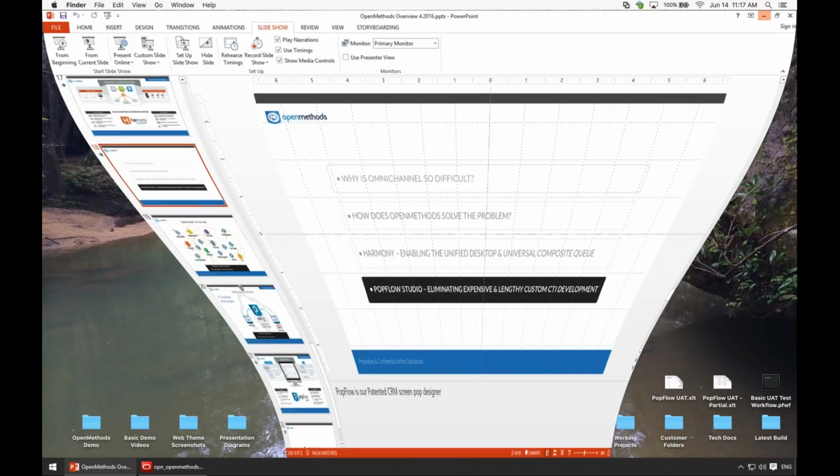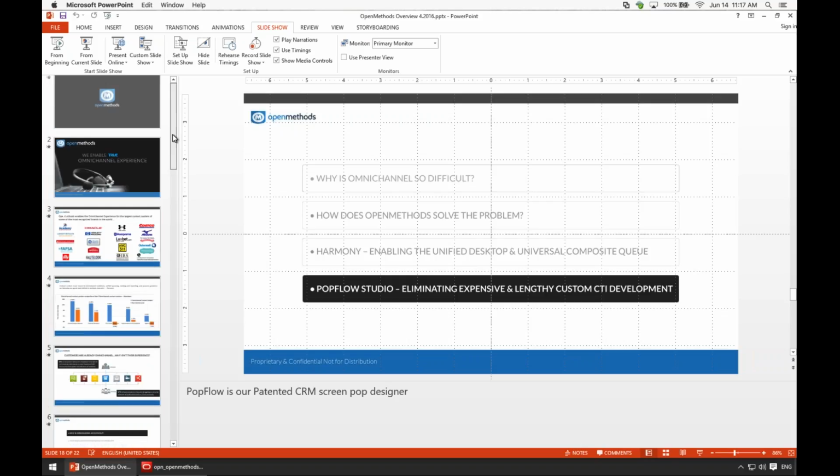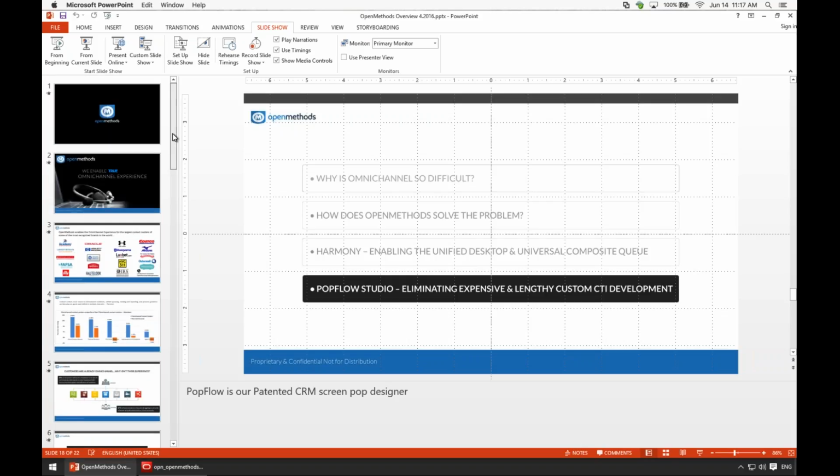Jumping right into things, one of the things we will provide to you is our standard slide deck. For those of you who may not be as familiar with Open Method, we provide a couple of different products. One is called Harmony, which is focused on all things omni-channel. It provides a media bar inside of Service Cloud that's capable of controlling not only channels that originate within Service Cloud,